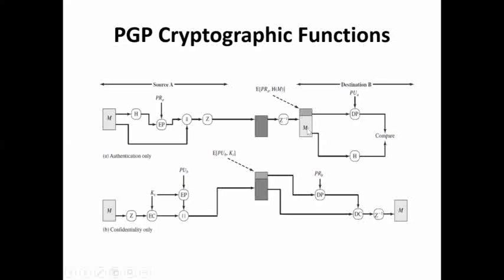Then the message part is sent again to the hash function, which generates a hash code. If the received hash code and the generated hash code are the same, what do you say? Yes, the message is authenticated, and the user is also authenticated. This is with respect to authentication only.